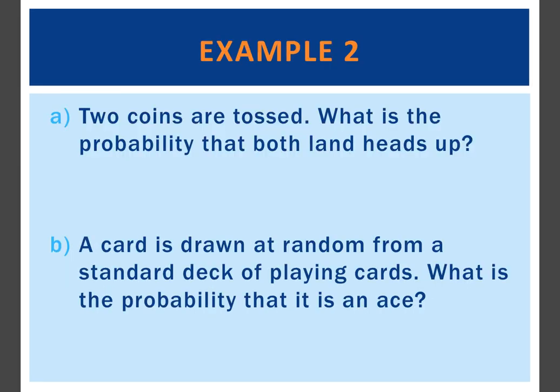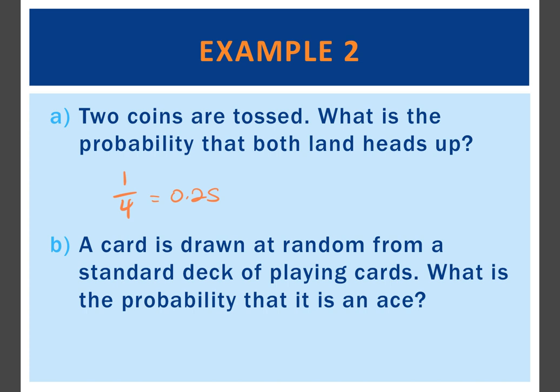Example 2: 2 coins are tossed. What's the probability that both land heads up? Go back to your sample space. How many possibilities were there if I flipped the coin twice? 4. How many of them had heads and heads? 1. So 1/4, which you will typically leave as a fraction. You could also see this as 0.25. You will never round it unless it literally says to. All